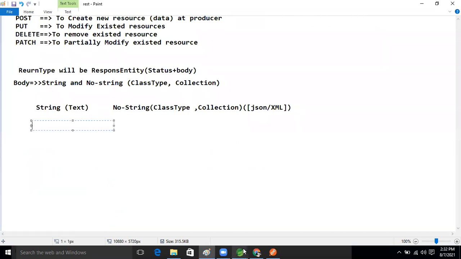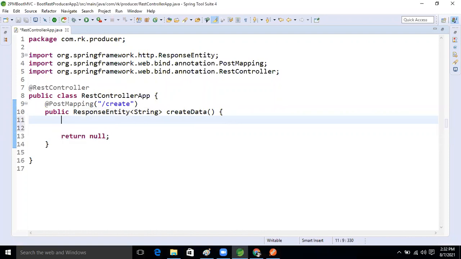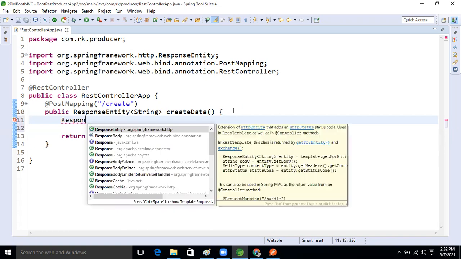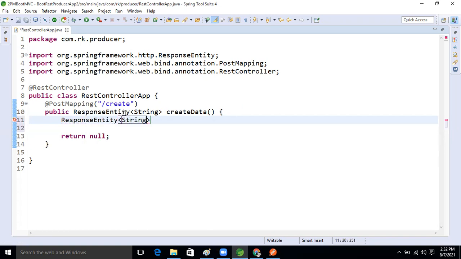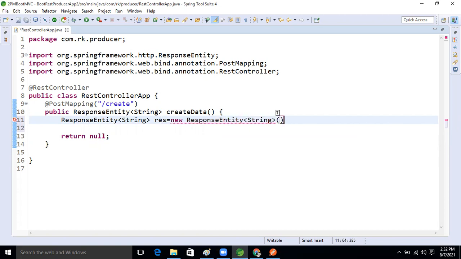So what we will do now? Again I'm going to create a ResponseEntity of string, response equal to new ResponseEntity.